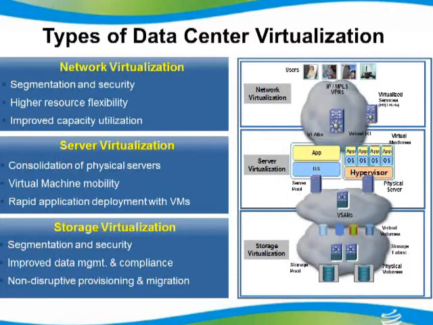There was also a time when we didn't have a converged network, meaning that we had different cables that ran in our environment for phone traffic as well as network traffic within our infrastructure. But now we run both our telephony traffic as well as our data traffic over one cable within our infrastructure. So that was network virtualization. And certainly we all know about server virtualization.